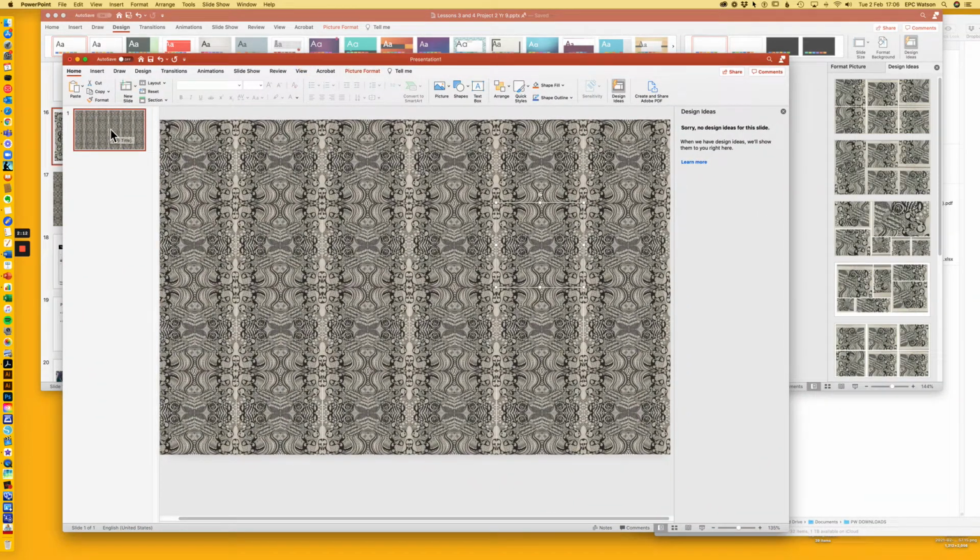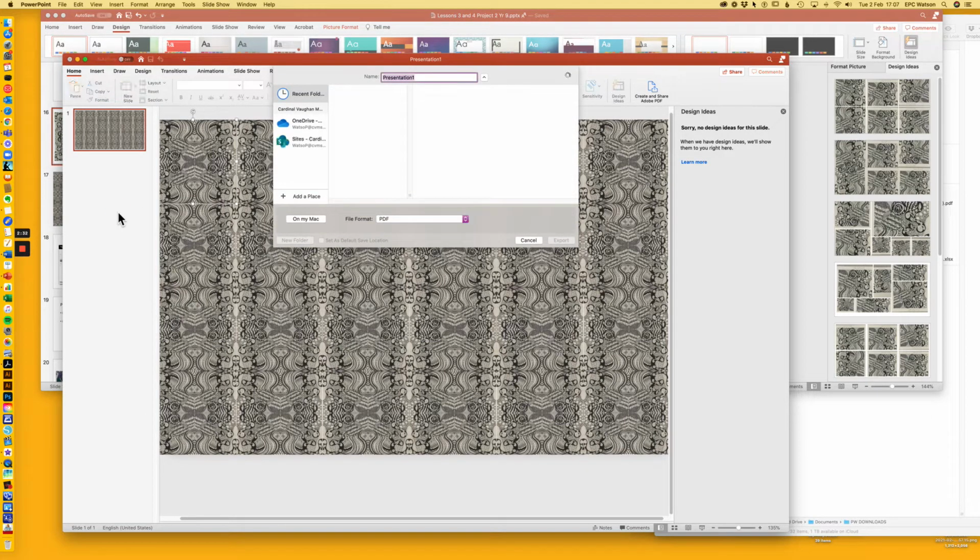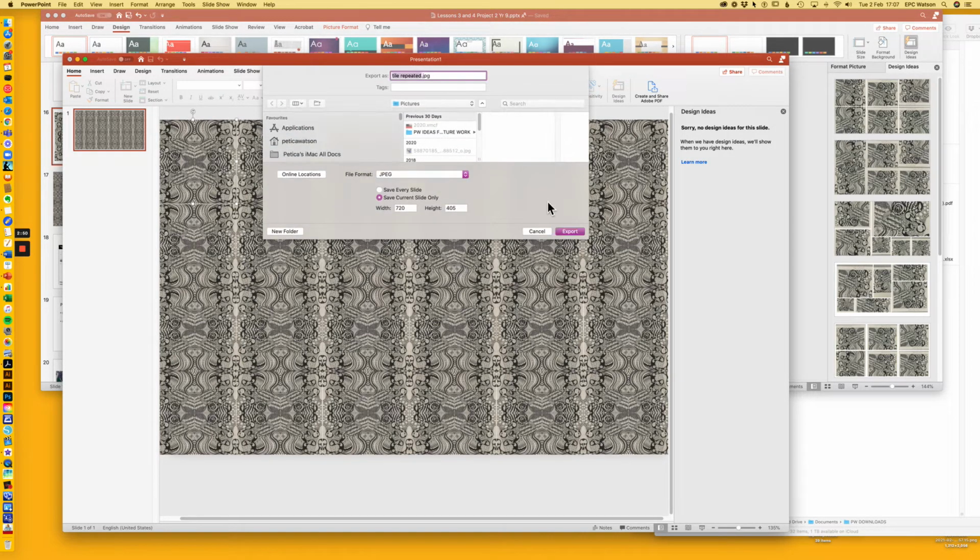What you can do with this, if you have a PowerPoint open and you just do it on one slide, is, because I wanted a bigger one so that I could show you how to do something, let's try it. What we do is go to export, and it will export. If you've got lots of slides on your PowerPoint, then it'll export all of them, so we don't really want more than one. Let's do it as a JPEG. We're going to say tile repeated. Wait for my computer to catch up with itself. Let's save it on my Mac actually. Yeah. And then go for